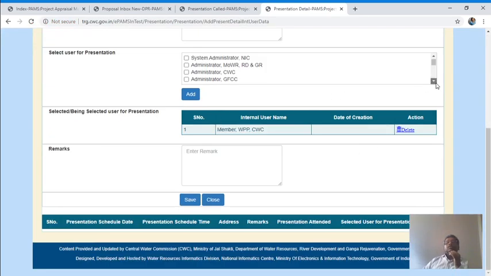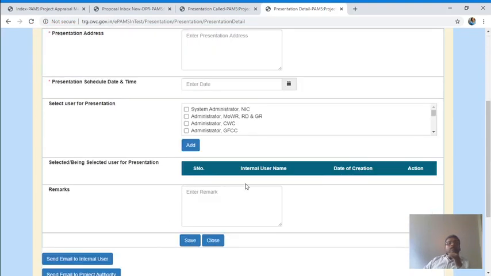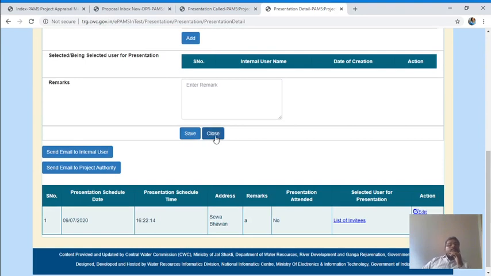You can add more than one. Save. You have given a date to the project authority to come here.